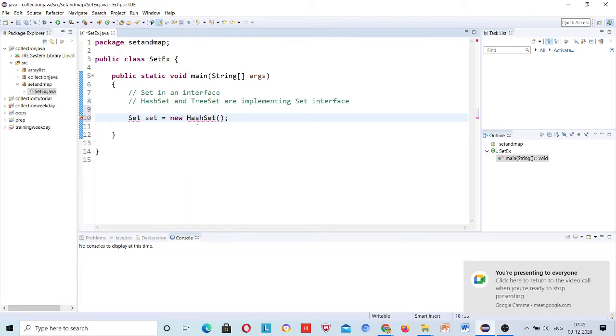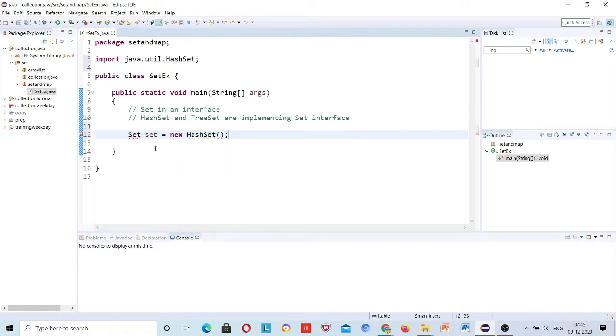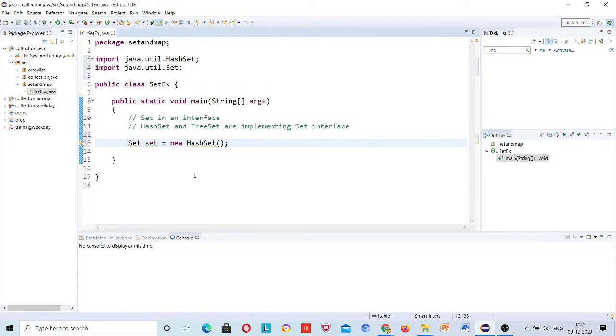Okay, now import the implementing package. And then you can see here set is being implemented. Similarly, you can write List also, right?